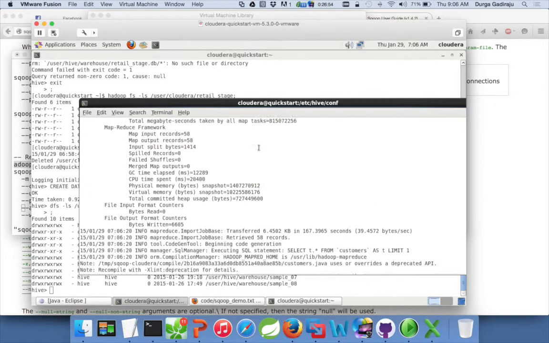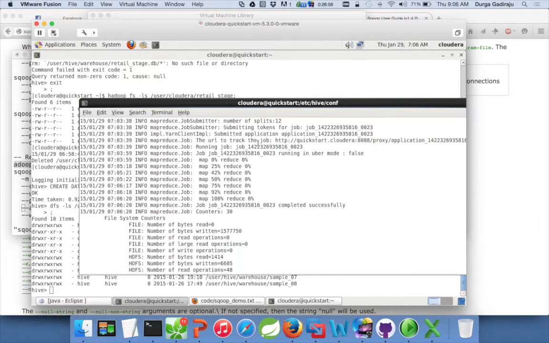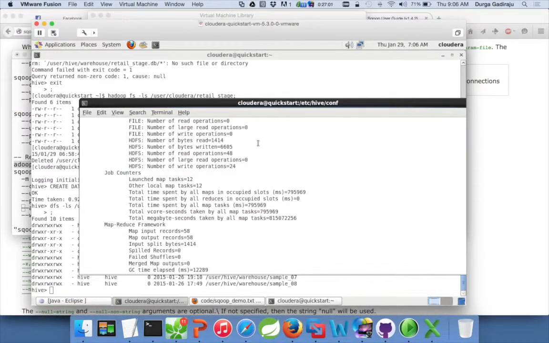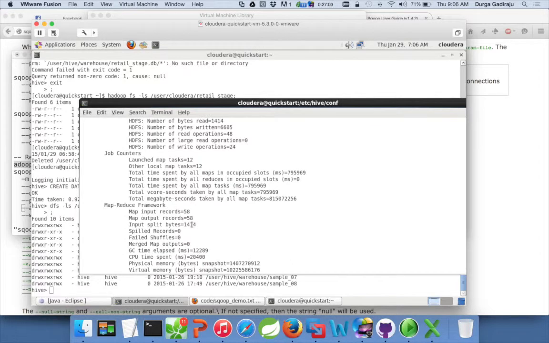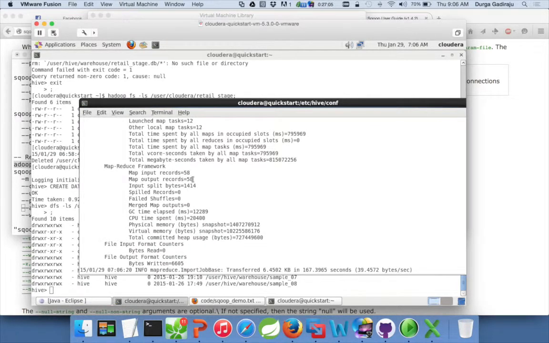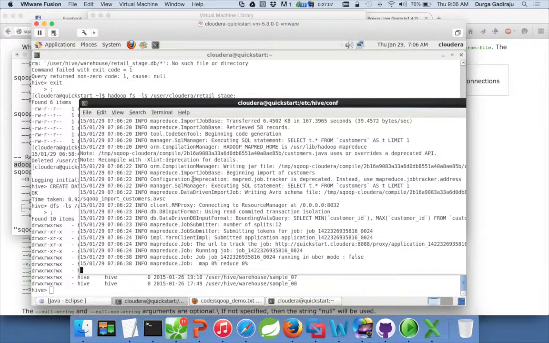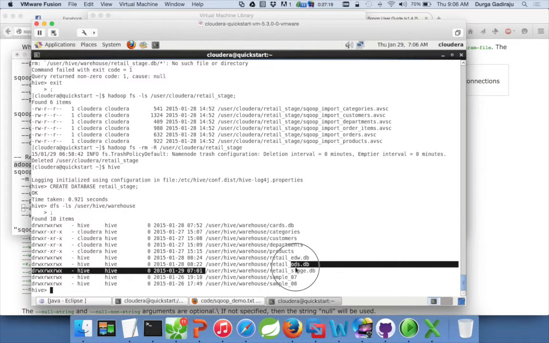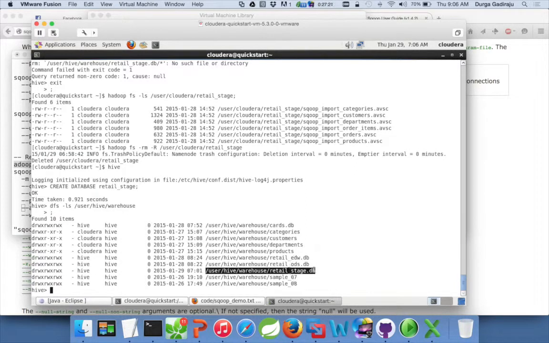So the categories table is copied using the Sqoop command. There are 58 records in the table, and it has copied all the 58 records into the HDFS location. First, let us review the location where the data is copied to. We have used this location as the base directory, so we can run the dfs command on this to see what is going on in there.